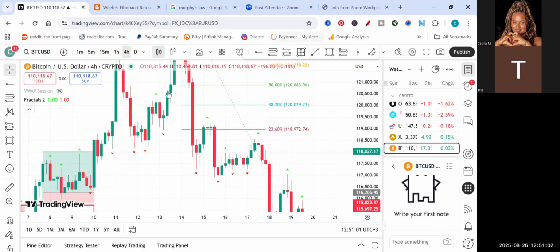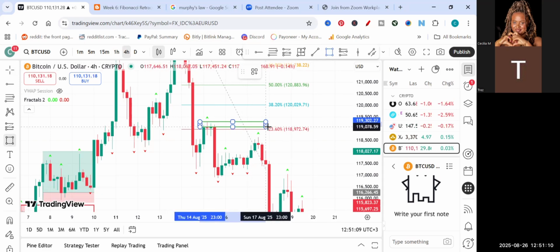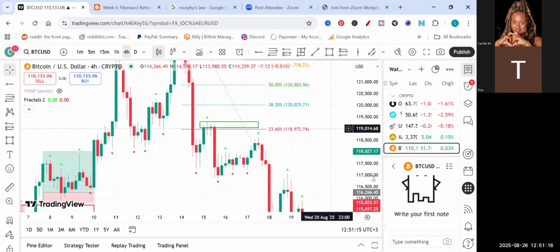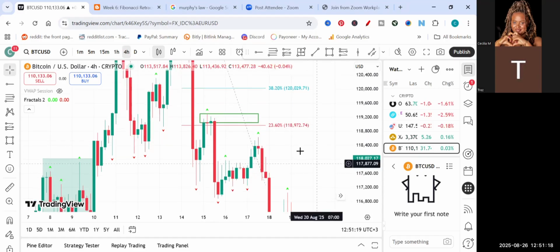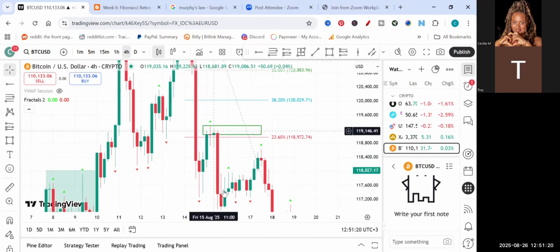So I come and take my rectangle. I create my zone from wick to body and maybe extend it a little. This gives many opportunities. So someone would have just entered there once this rejection candle was formed, this red candle,